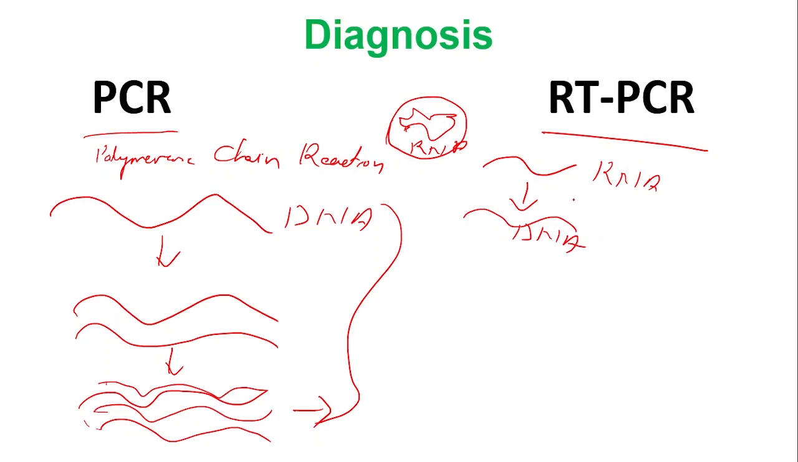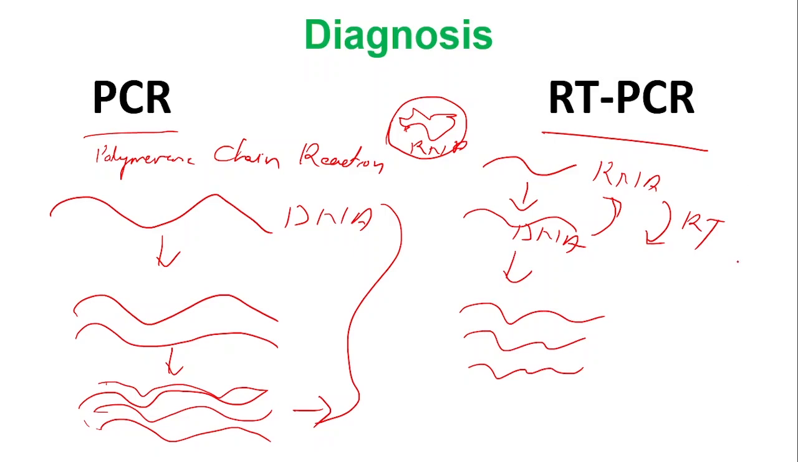So this process is called reverse transcription, because this is not transcription. Transcription is usually DNA to RNA. Because this is reverse, we call it reverse transcription. First we make one copy of DNA, and then from the DNA we make several copies of DNA. So this process is called reverse transcription. After making several copies of DNA, we can detect it using